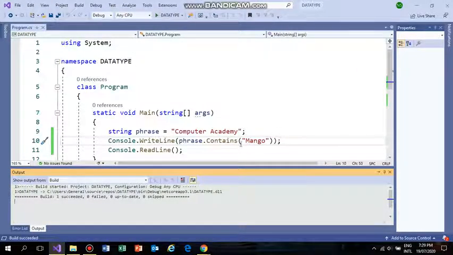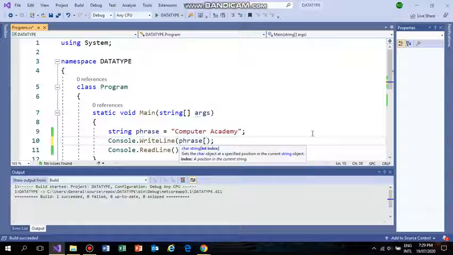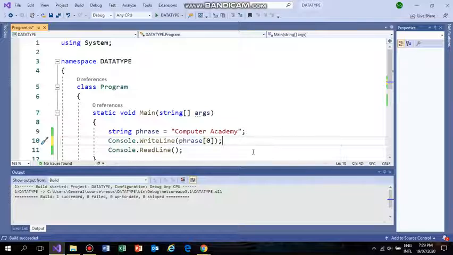If I wanted to know what this array contains, for example at position 0, what letter this string phrase contains at the 0 position, let's see what the output is.